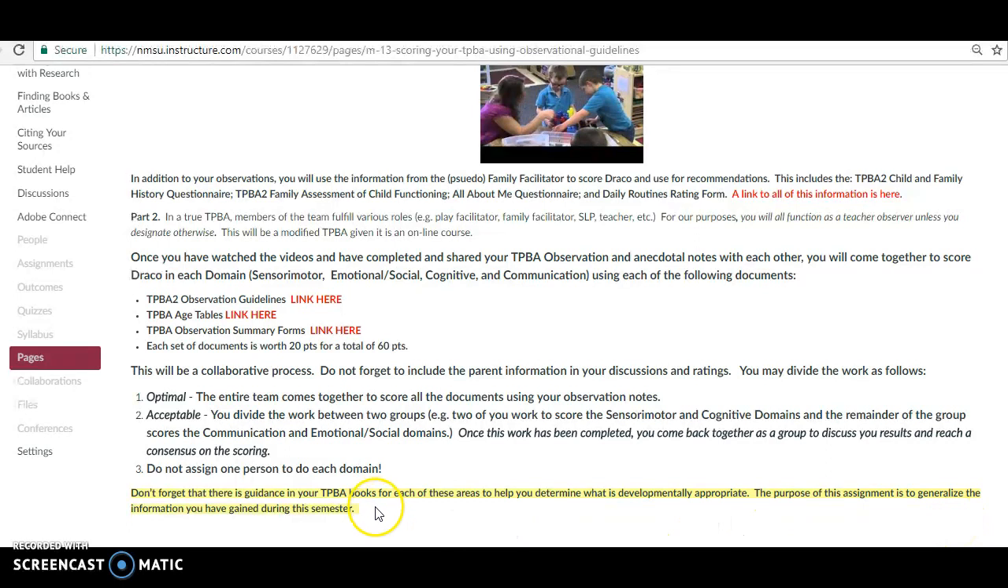Also, I do want to point out that you should be utilizing the guidance in your TPBA books for each of these areas to help you determine what is developmentally appropriate. So this might be an area where maybe one or two of you really scour two of these elements, so that you have an expert in those areas. But again, the more information you have, the richer your report is going to be and the easier your work